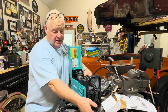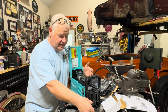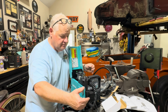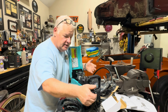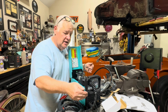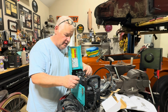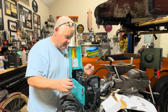But now the different ways these things right here will plug in: twist and plug in and lock. It tells you in the instructions, you take the ground cable and move it from negative to positive, where if you're going to use stick, you would swap it. Well, you have to read the instructions, but each way you decide to use this, it's different. Ground over here for TIG, TIG goes in the negative, and so on. Just read the instructions if you happen to get one of these. Now, everything seems to be pretty straightforward. Everything looks simple, clean, very